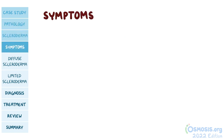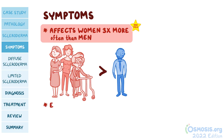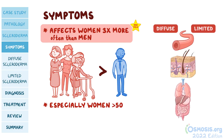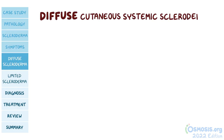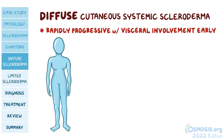For symptoms of scleroderma, both types affect women 3 times more often than men, especially women over 50 years of age. The 2 types can affect the same organs and cause similar symptoms, but the disease progression can differ. Let's start with diffuse cutaneous systemic scleroderma, where symptoms are usually rapidly progressive and it's associated with visceral involvement early in its evolution. Skin lesions start in the fingers and move up across the arm to the shoulders,